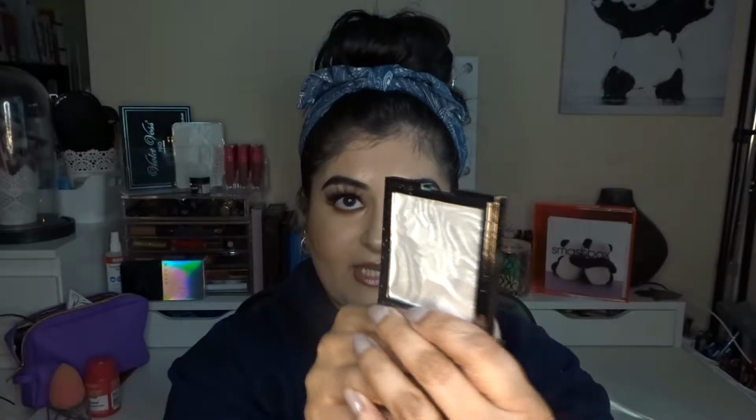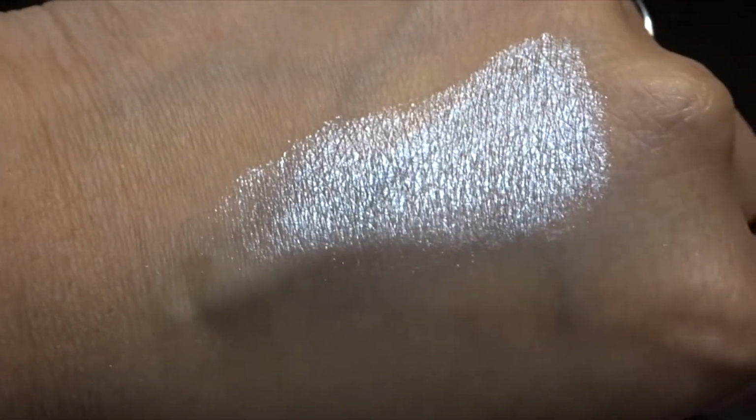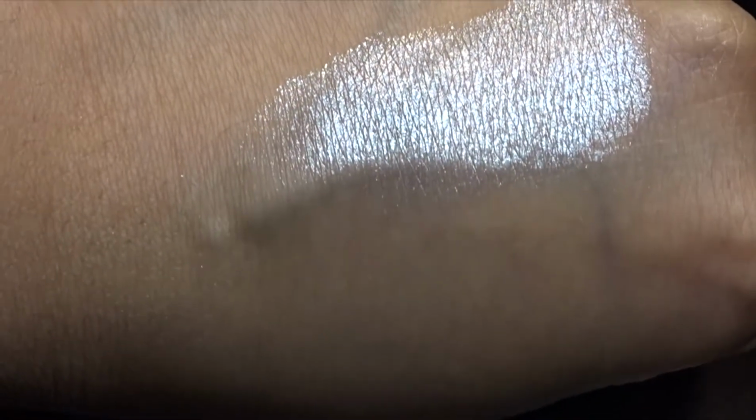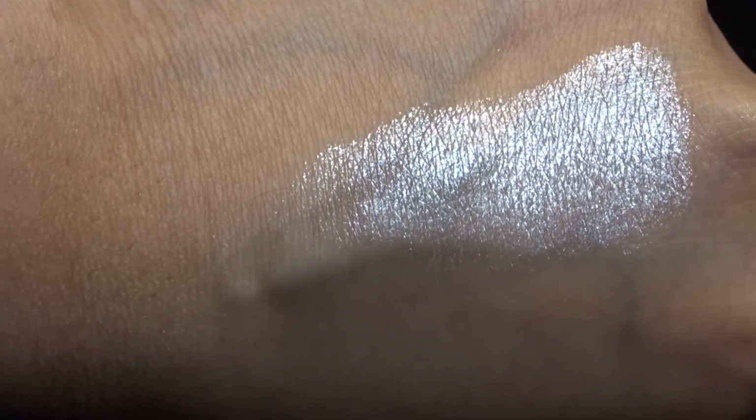I got a Mermaid Glow highlighting powder from Primark. It is practically silver, and I will be doing a little swatch for you guys to see. It's very powdery, but it is foiled as anything, so I'm quite excited to try that on my face. It's gonna look crazy. And keeping with the highlighter theme, I picked up the TopShop Chameleon highlighter in Mother of